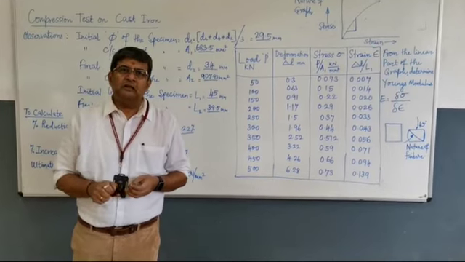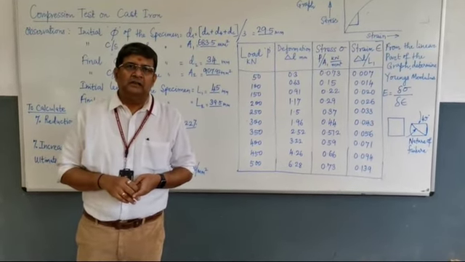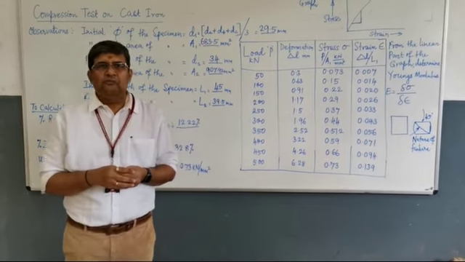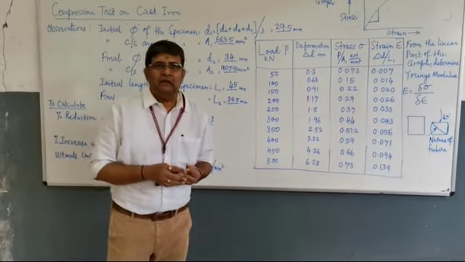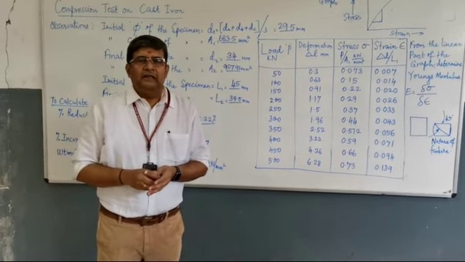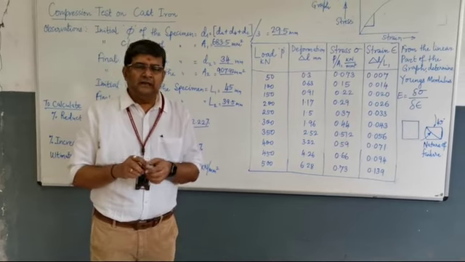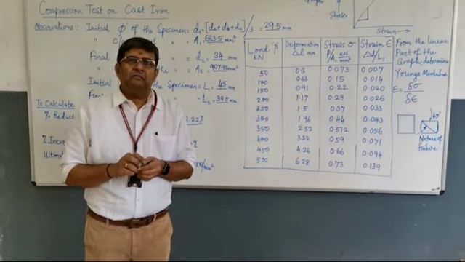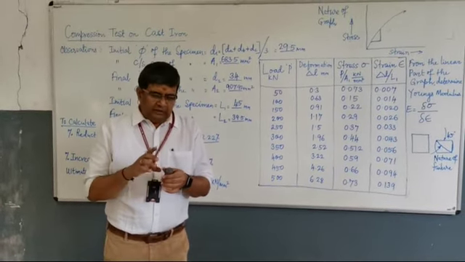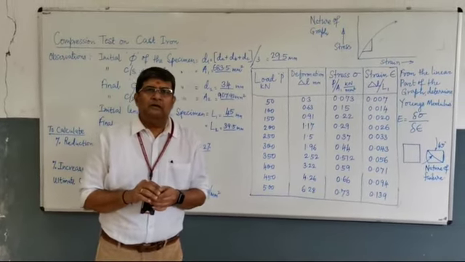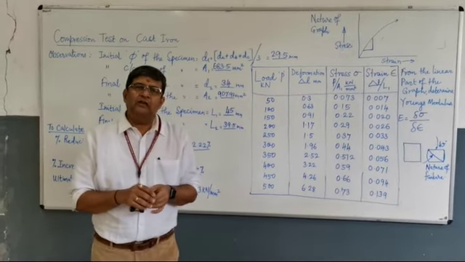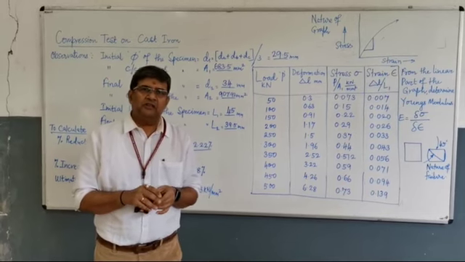However, based on the material characteristics, the nature of failure will slightly differ. For example, if I choose mild steel, being a ductile material, when it is subjected to a compressive load, it buckles. Cast iron is a brittle material and has much higher compressive strength as compared to mild steel. But when it is subjected to a compressive load, it generally fails on the theory of maximum shear stress, that is the maximum shear stress theory.